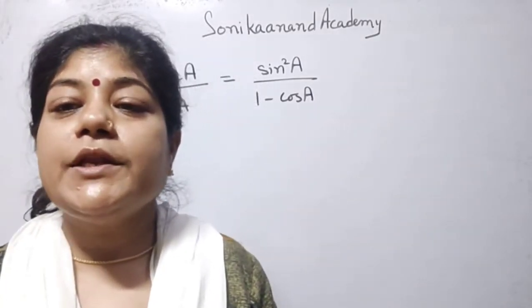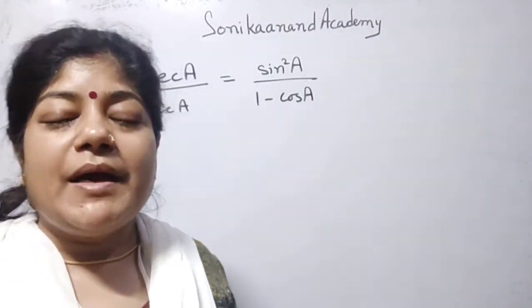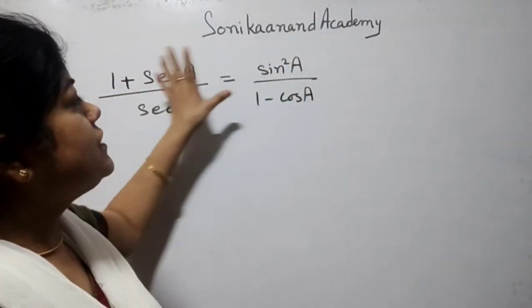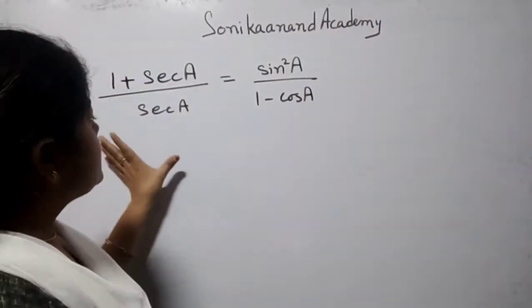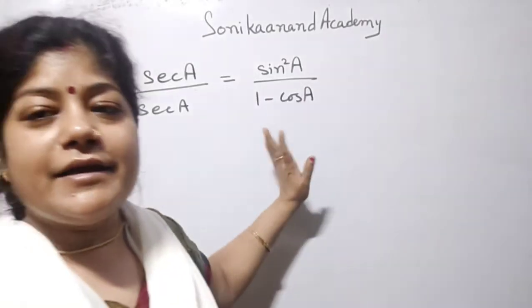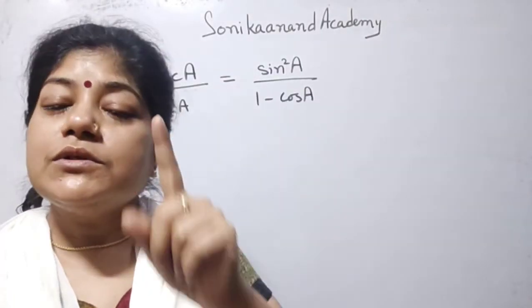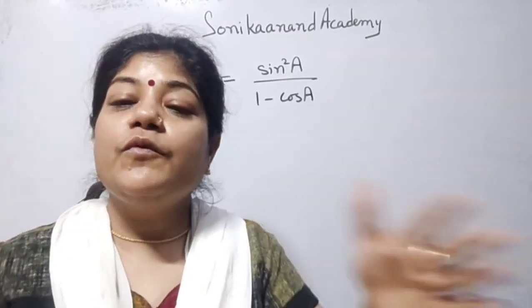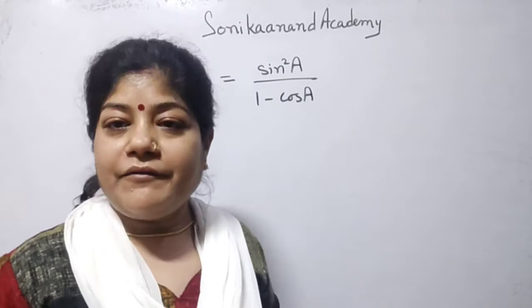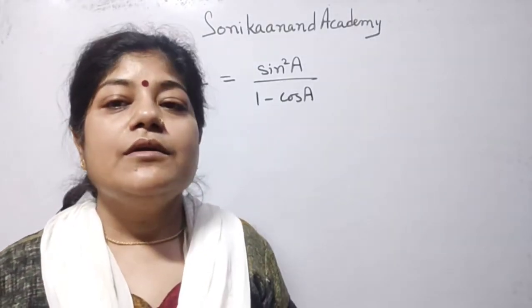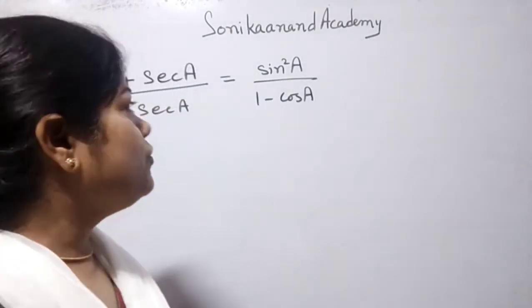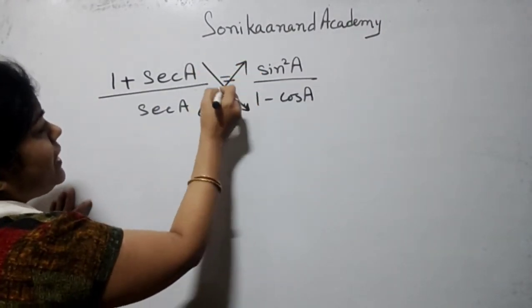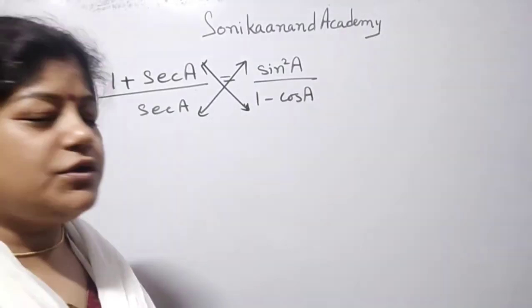Now I am going to explain another way, another format, by which you can solve any identity. For example, the question is given in this format. There is one thing on the right hand side and another on the left hand side. You can also use a trick, because in trigonometric identities we only have to prove the right hand side is equal to the left hand side. Your teacher cannot say you are wrong. You can cross multiply so that you can easily solve the questions.